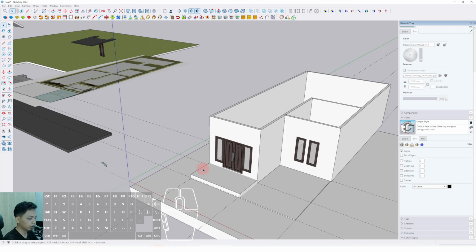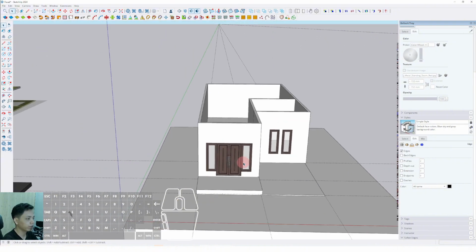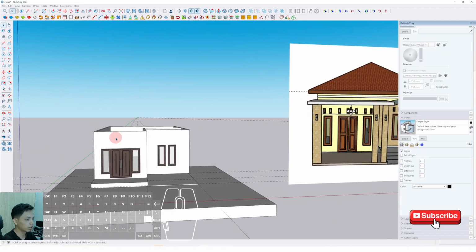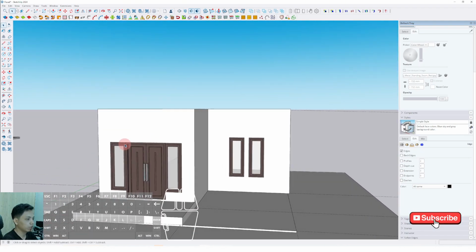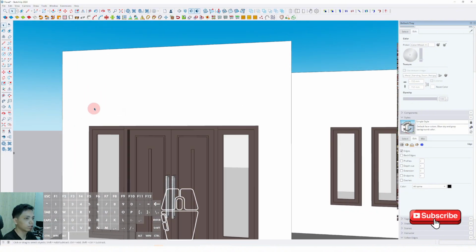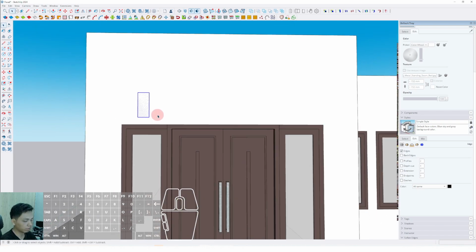Okay, now we can continue to make another element, such as the canopy element or concrete element. In this case, before we make it, we have to make the ventilation area in this position first. We have to make the ventilation with a dimension of around 15 millimeter and a height of around 350 millimeter. Okay, well, now we can set to this point, and we can set to this point,